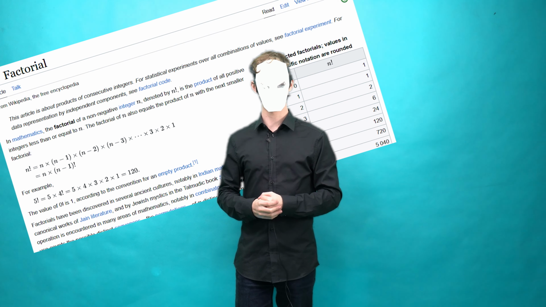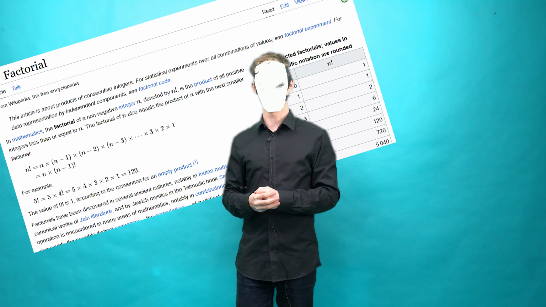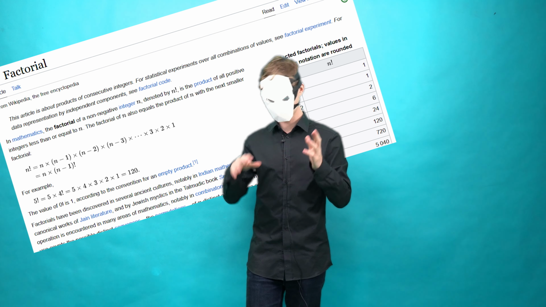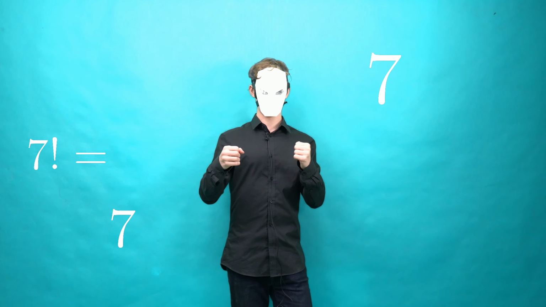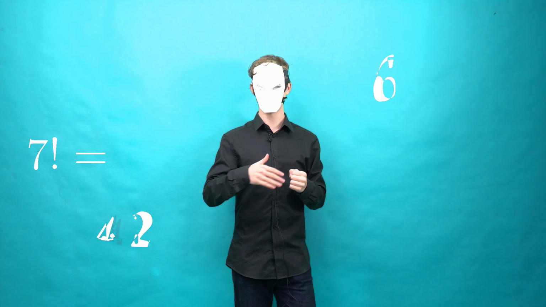They don't know how to do factorials, for example. They don't know it because it's just not a basic thing in mathematics, not a basic function or anything, so it's not actually implemented. But we can create our own factorials. It's actually really simple. You just need a loop and that's it. You just have to loop and multiply the number by itself, but getting smaller by 1 every single time.